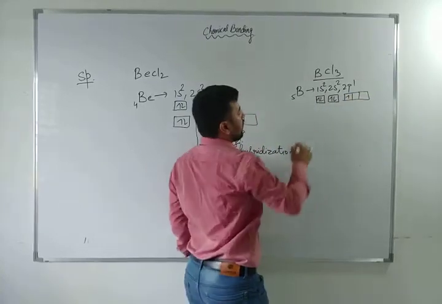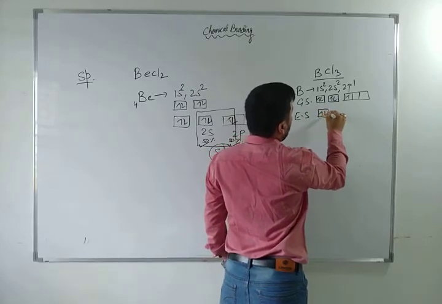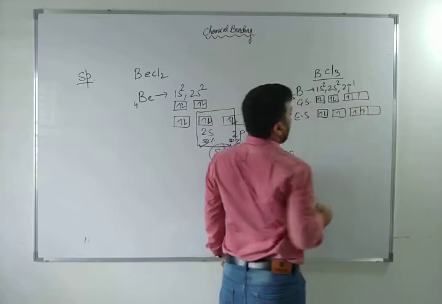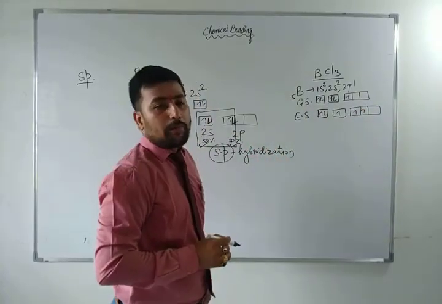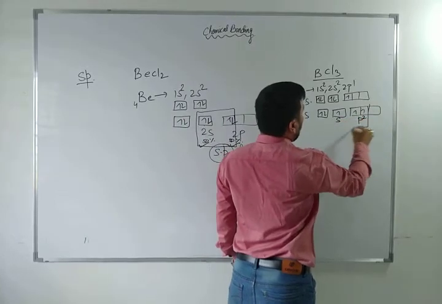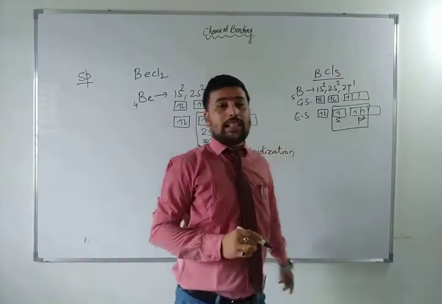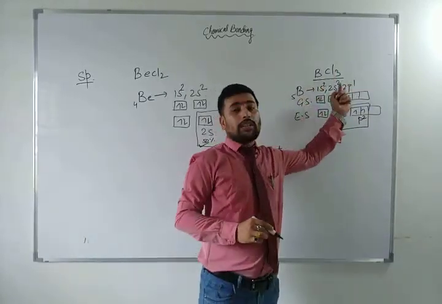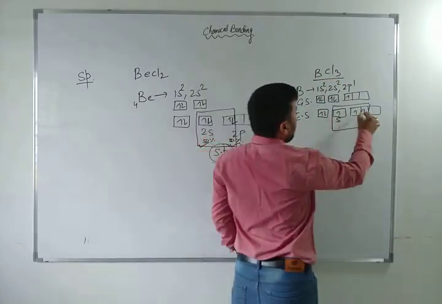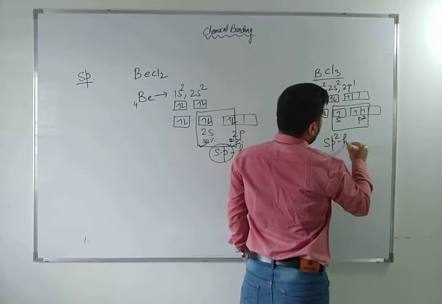Can you tell me this is the ground state, and what will be the excited state? 1s2, 2s1 and 2p. So how many hybrid orbitals are there? You can see here 1s and 2p hybrid orbitals are there. So in these 3 atomic orbitals, the remaining 3 electrons of boron will be accommodated with chlorine, and the 3 atomic orbitals will be filled, and the hybridization will be sp2